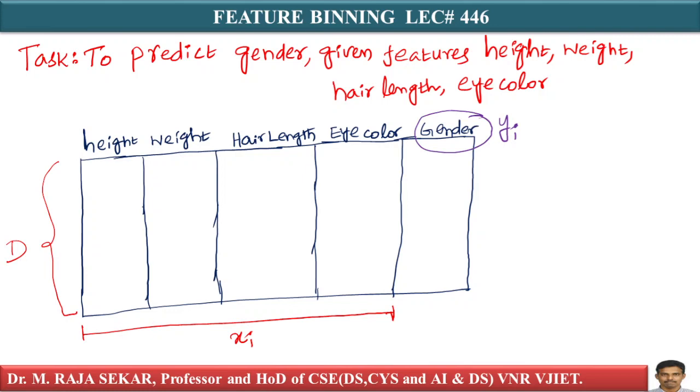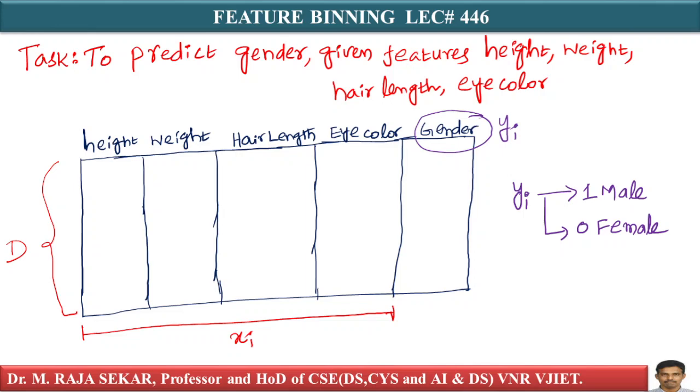These four things, height, weight, hair length, eye color, constitute my xi, that is the data point, and this is my yi, which is gender. Gender is again binary. Let's assume yi is 1 for male, 0 for female. Let's assume this is given, my data set is capital D. Let's only focus on the height feature right now. Now you want to convert your height feature, you want to perform feature binning. Given the data,